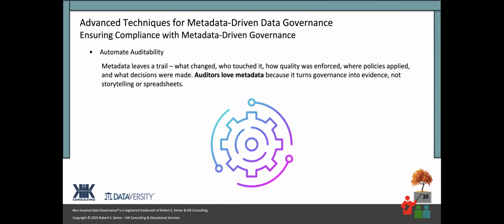And you can see here, again, a resounding theme throughout this webinar is automate, automate, automate. If we can move people out of the cycle and we can get quality metadata into our tools and provide that to people, we are going to advance our data governance program through the use of the metadata.